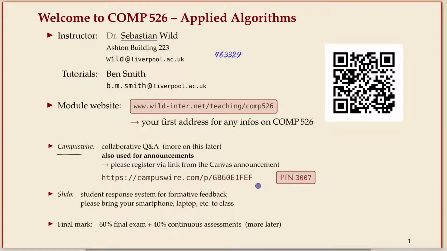You will have to sign up for that, and you need a PIN, a little code. So the link is on the public website. The code is only on the slides, which I put on the public website. But no one so far joined who disturbed our inner circle. So please sign up there. I want to use this not just for your questions, but also for announcements. It's just a little quicker to get them out there. Only the hard examination related things will also be on Canvas.